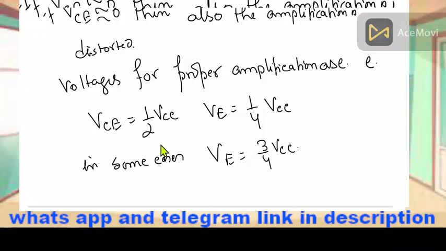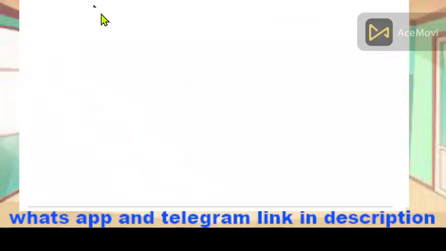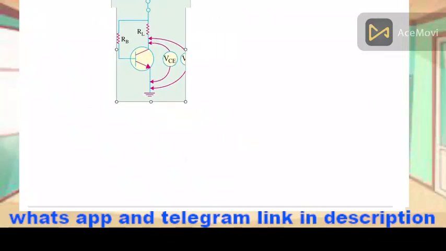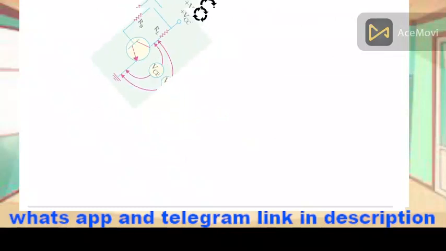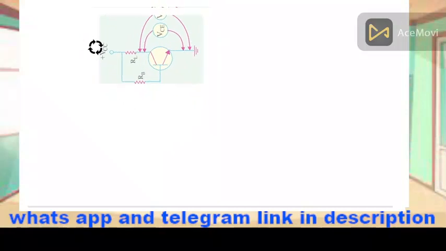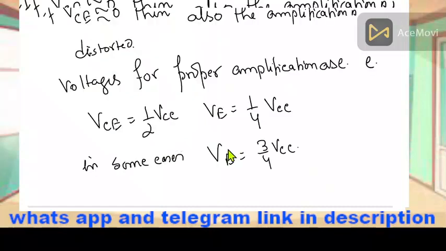For DC operation, this is the diagram. In this diagram, you can see that, let me rotate it, or keep it like this. So this is the condition for VCE. If you are connecting the voltmeter here, these should be the readings. Whatever VCC you are applying, check before you are performing the experiment. These are the conditions that are required.